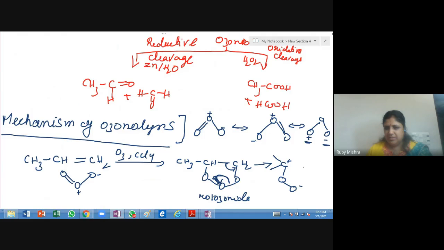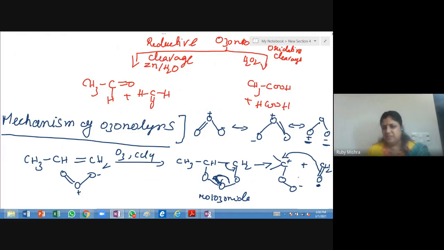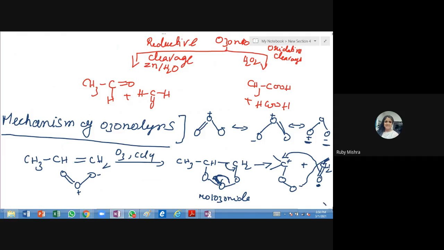And here what happens is, again we will be getting CH2 and this thing. Now we see that this is a positive center, and this seeks electrons because of the electronegativity of this oxygen moiety. So what will happen? This oxygen moiety will attack at this position. Since it will attack at this position, basically what we will be getting,